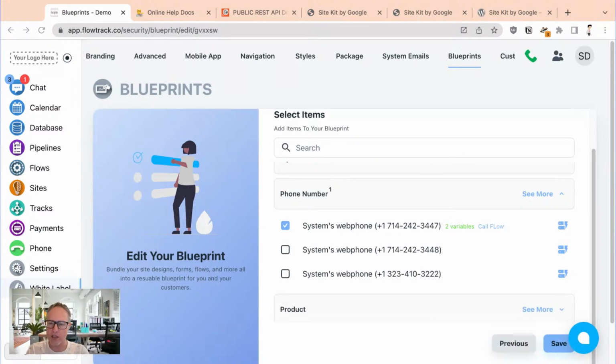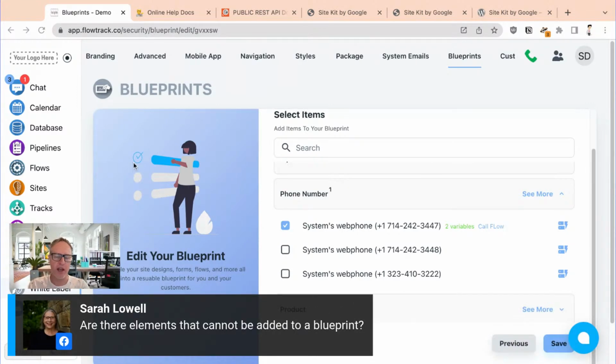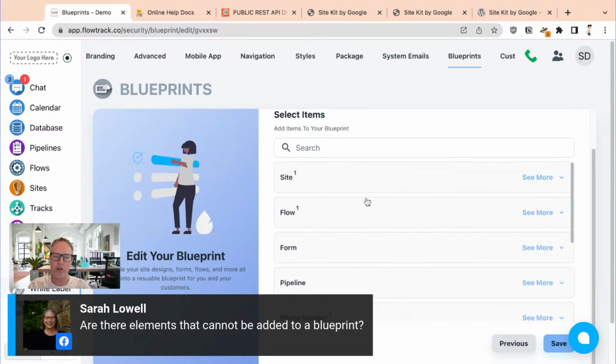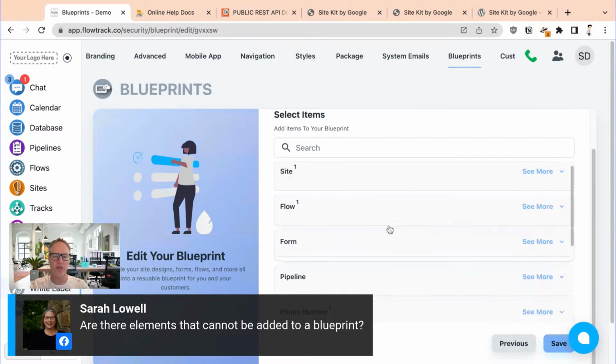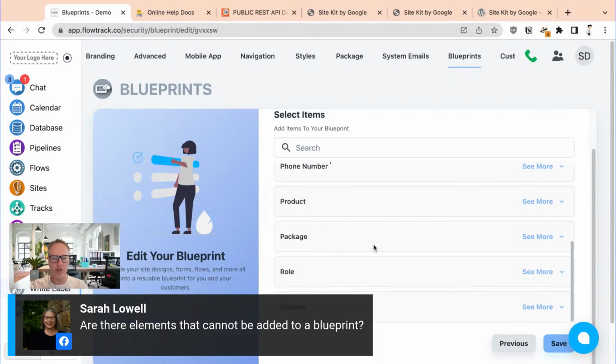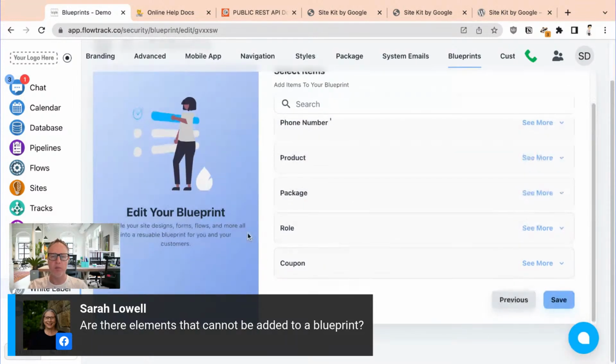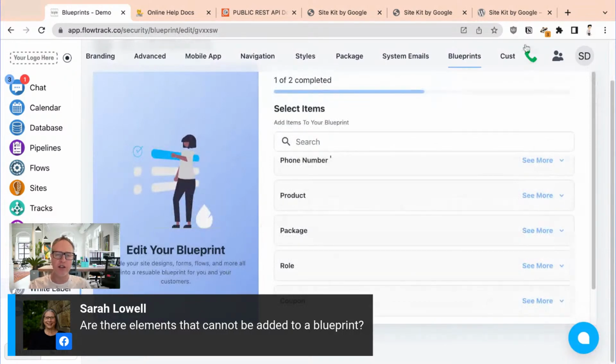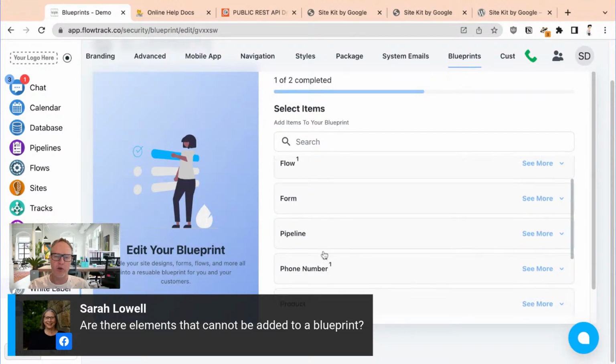And then we got Sarah asking, are there elements that cannot be added to the blueprint? So what you see is what you get on the blueprint. You got websites, flows, forms, pipelines, phone numbers, products, packages, roles, and coupons. If you see something outside of that list that's not there, let me know and we can go ahead and get that added. And I do want to also point out, in case you guys haven't seen the other video,